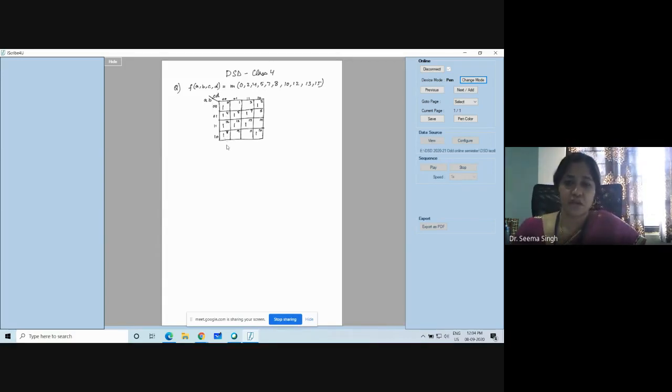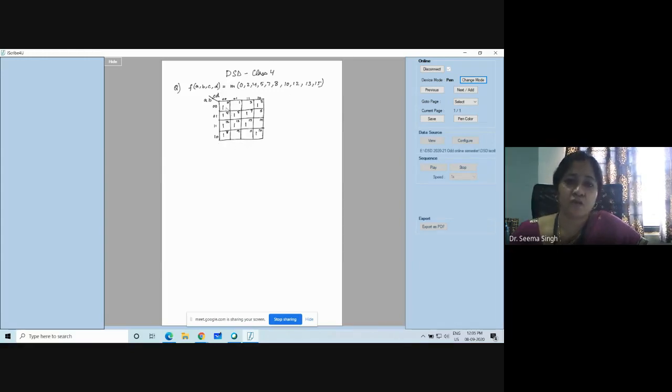Same way, if you look at the last row and the first row again. First row, what does it have? It has 0, 0. That means A bar, B bar. And what does the last row have? It has A and B bar. So what is changing? Only A is changing from A bar to A. B remains same. So if I try to group something from the last row and the first row, it is also possible. And again, it is possible if I fold the K map. So that means the K map is possible to fold horizontally also, vertically also.